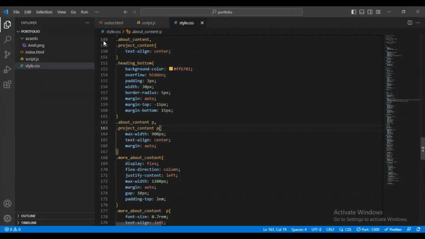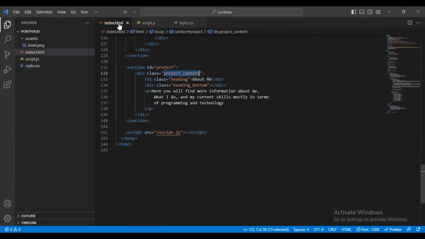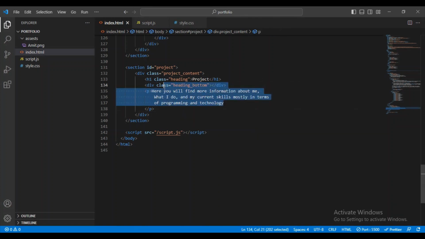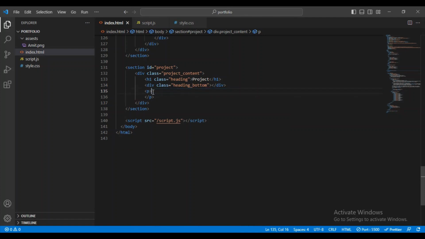Let me go to index.html, and here I will give this the title "project", and after that I will write some text here. Let me write this. Here you will find some of the personal and clients projects that I